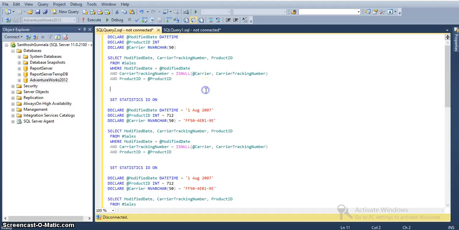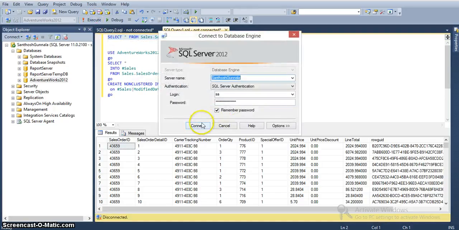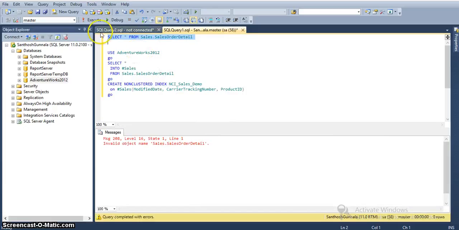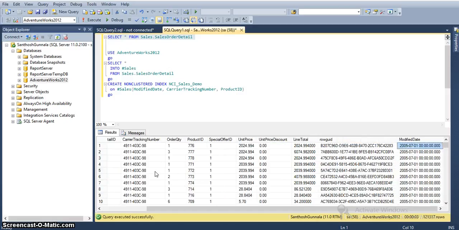So already I have some set of queries. This is the query I am using now. This is the sales order detail table. From this table I am taking the carrier tracking number and product ID and as well the modified date.